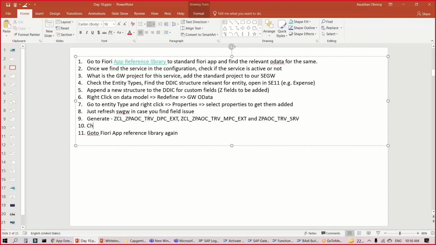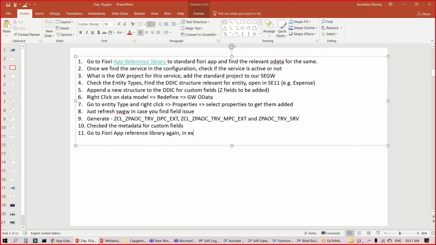Before that, we checked the metadata for custom fields, and you saw in the metadata the custom fields became available. Unfortunately, due to customizing missing in our system for travel and expense, we were not able to see the data as such, but at least now we can proceed and return maybe hard-coded data, for example. So go to the Fiori apps reference library again.